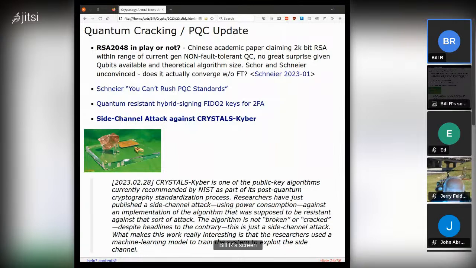The IBM system has 433 qubits usable for real algorithms, and with Shor algorithm pre-processing, you only need 370 for a 2048 RSA key. So in theory,